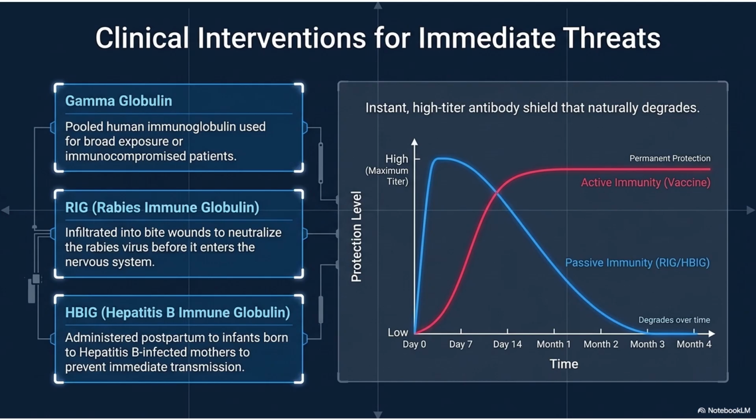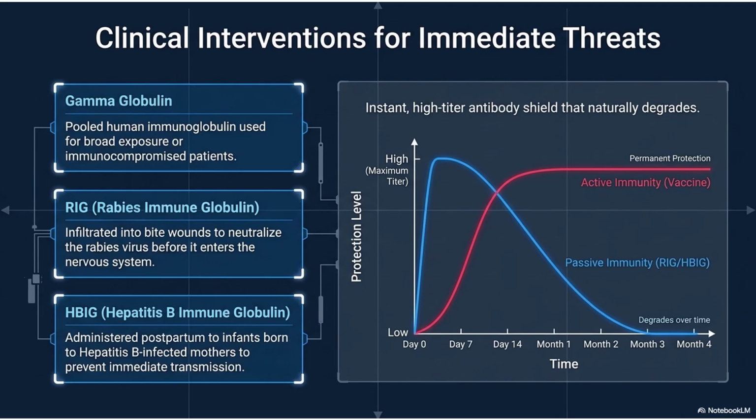So let's make this concrete with real clinical tools. The interventions we reach for when there's an immediate threat and no time to build an active response. Three classic examples are on the screen. First, gamma globulin. Pooled human immunoglobulin containing the combined antibodies of many donors, used for broad exposure protection or for patients who cannot make enough of their own antibodies. Second, RIG, rabies immune globulin, infiltrated directly into a wound